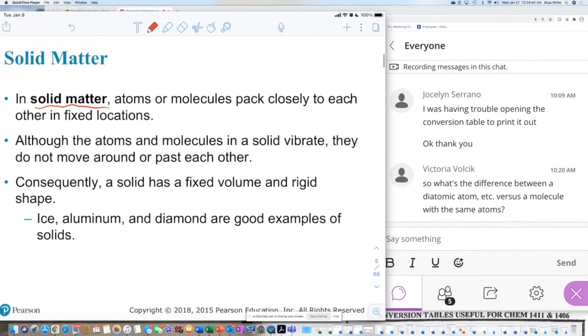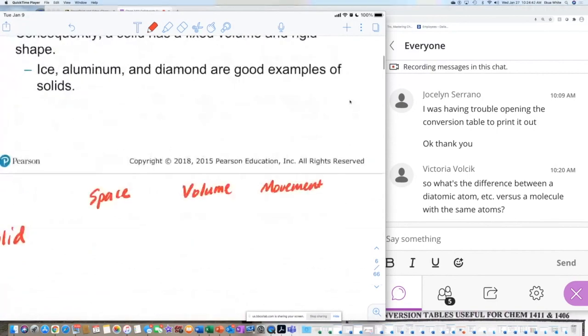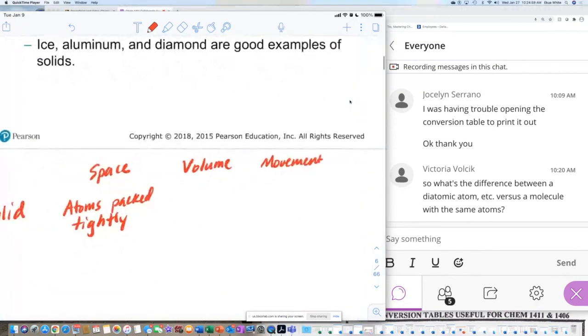With solid matter, it says the atoms and molecules are packed very closely, right? So solid atoms packed closely, or I should say tightly, not just closely, tightly. The other thing I want to mention is also intermolecular force of attraction. We're not talking about this in this chapter, but it does help to explain the behavior of these individual atoms. Something called intermolecular